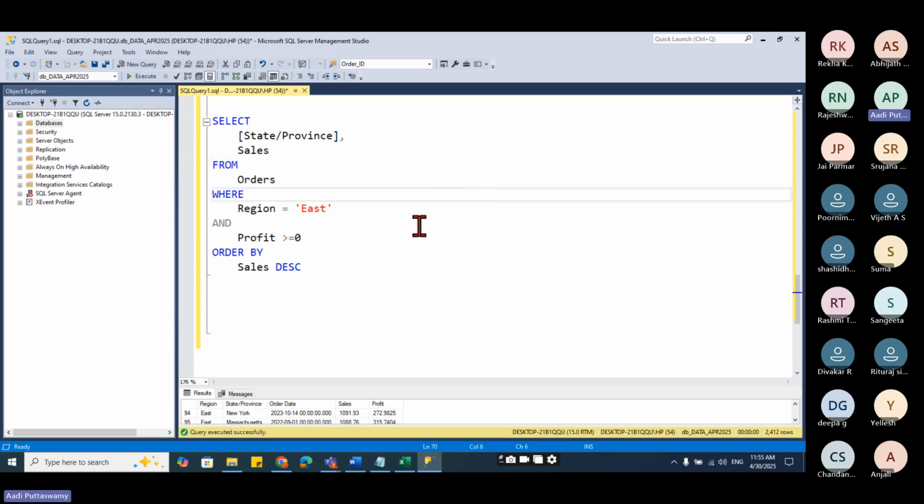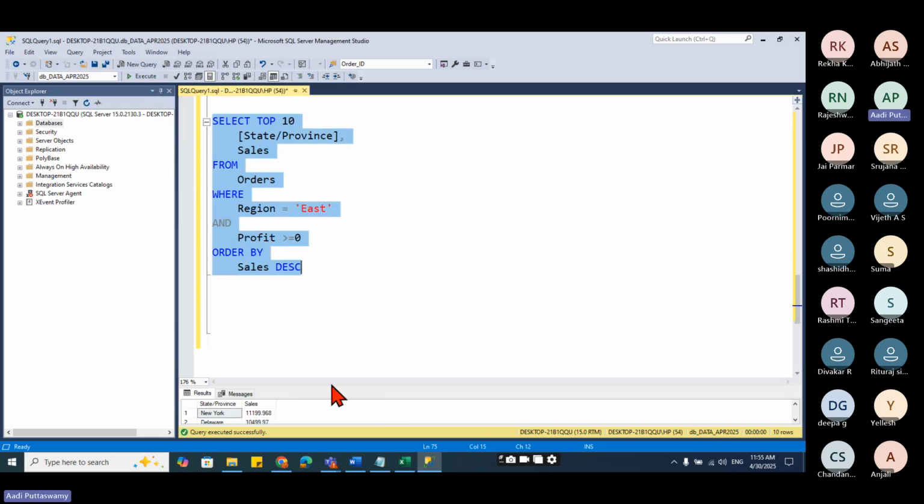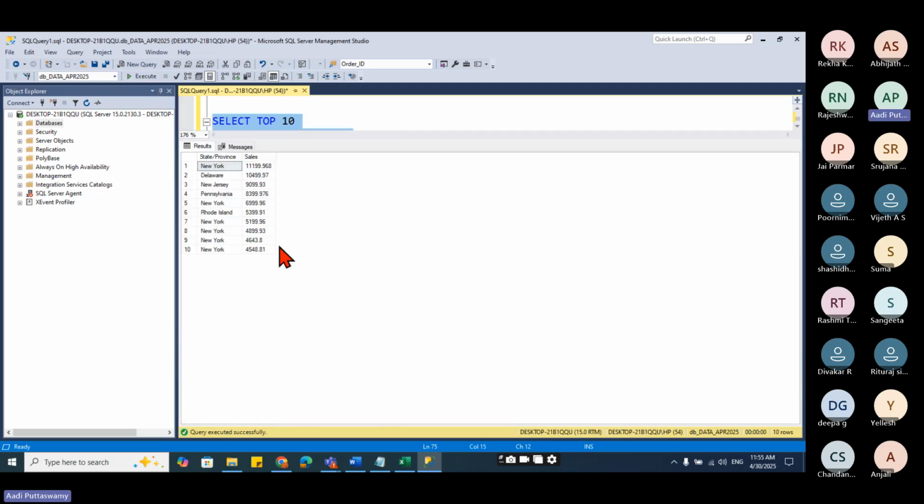What I want is the top 10 states which are having the highest sales. Just go here and type top 10. Select, execute. See, I'm getting top 10 records.